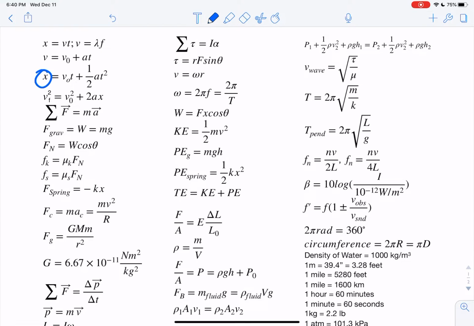We've also got, in the same situation, if you want to know instead how far it goes after a certain amount of acceleration, that depends on its initial velocity and the acceleration it undergoes, and then how long it undergoes it for. You put in that, and then you get how far you go, and that's a curve that looks parabolic like